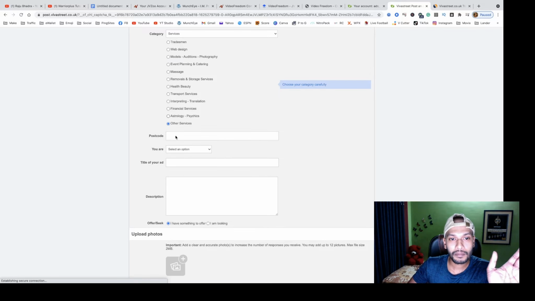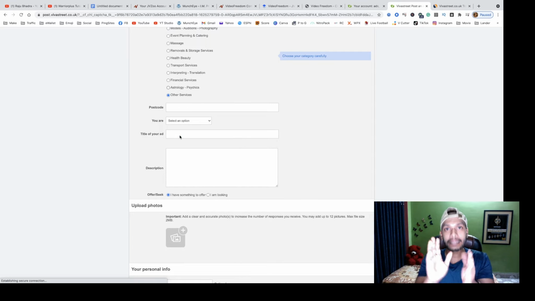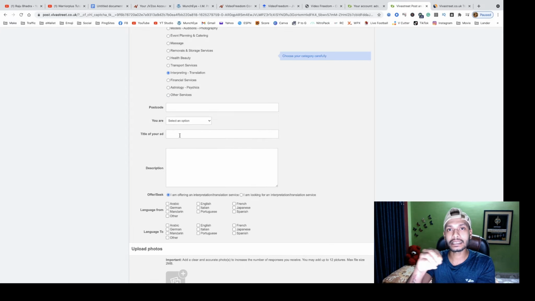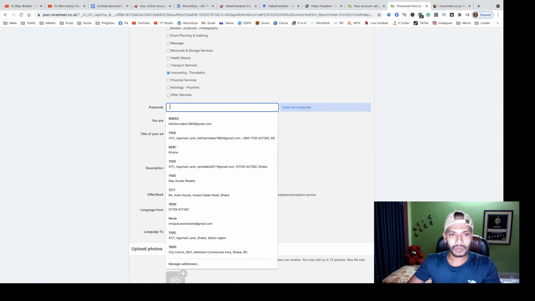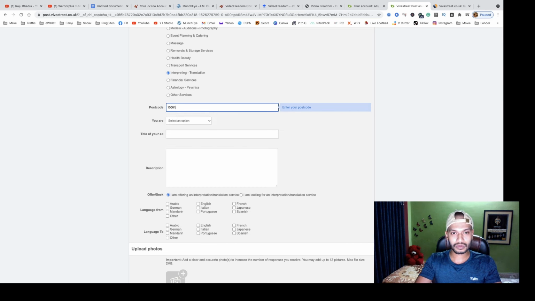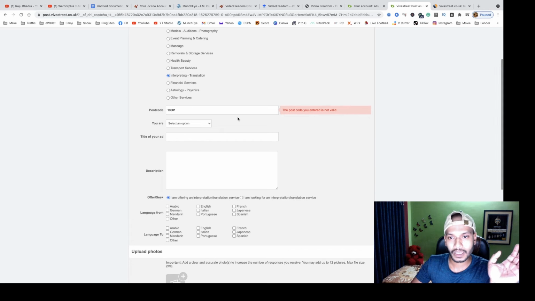Now the postal code. In this website, it's not vital, but in this free site, you have to use a United Kingdom postal code or a USA related postal code. Okay, now I can use it.